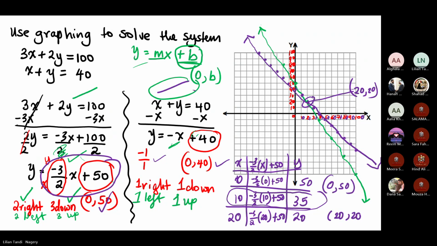Okay? You plot it, and you join the two dots and make a straight line. I have shown you how to use y-intercept and slope to draw the graph. I have also shown you how to use the jadwal to draw the graph. Once you finish with the jadwal, you go to the next equation and make a jadwal. Same thing. You draw your jadwal with 3 columns. You put here x, you put here y, you put here negative parentheses x,